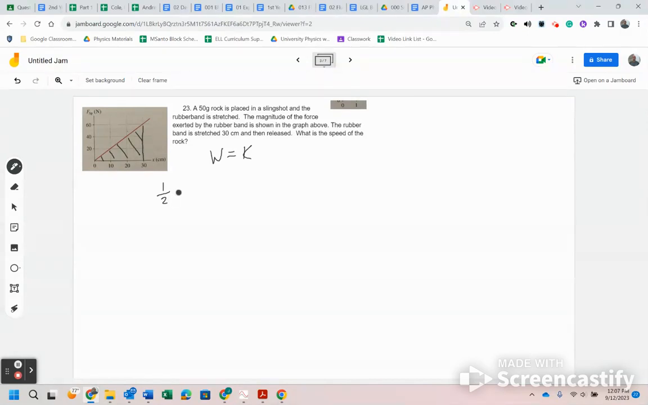So the work is going to be 1/2 the base, which is 0.3 meters, times the height, which is 60 newtons, will equal 1/2 mv squared, which would be the kinetic energy. So when we look at this, this will be 9 joules is equal to